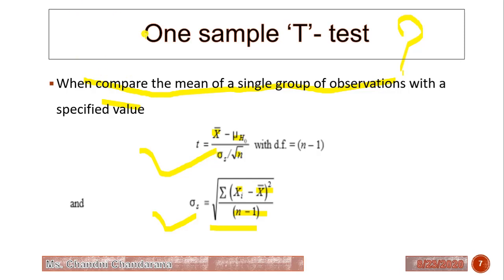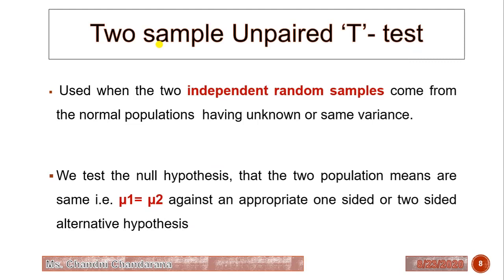So this is the formula to find out the standard deviation. Now from this formula, we compare the calculated value with the table value for a certain level of significance. Generally the significance level is 5% or 1%. If the absolute value of the t statistic obtained is greater than the table value, then we reject the null hypothesis, and if it is less than the table value, then the null hypothesis may be accepted.